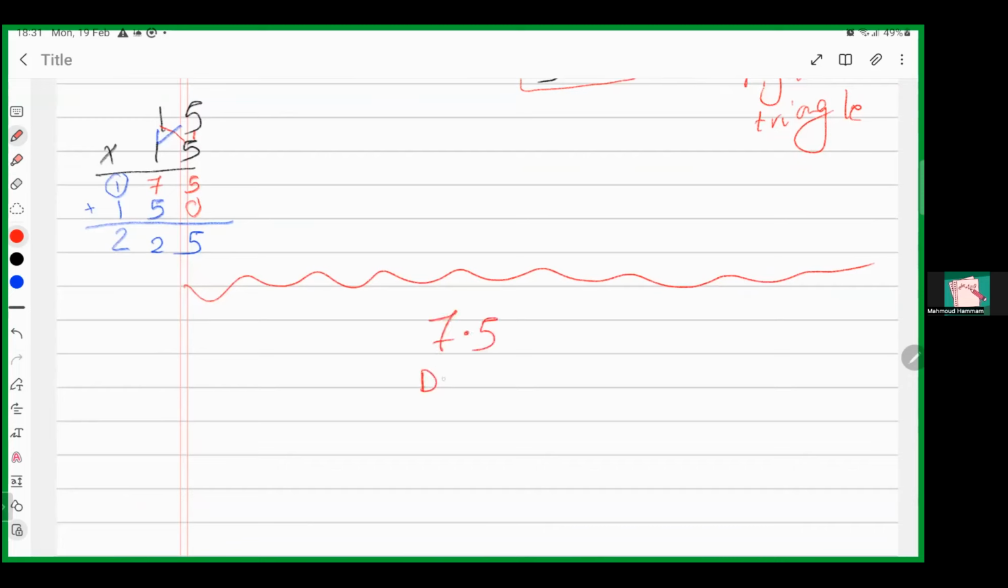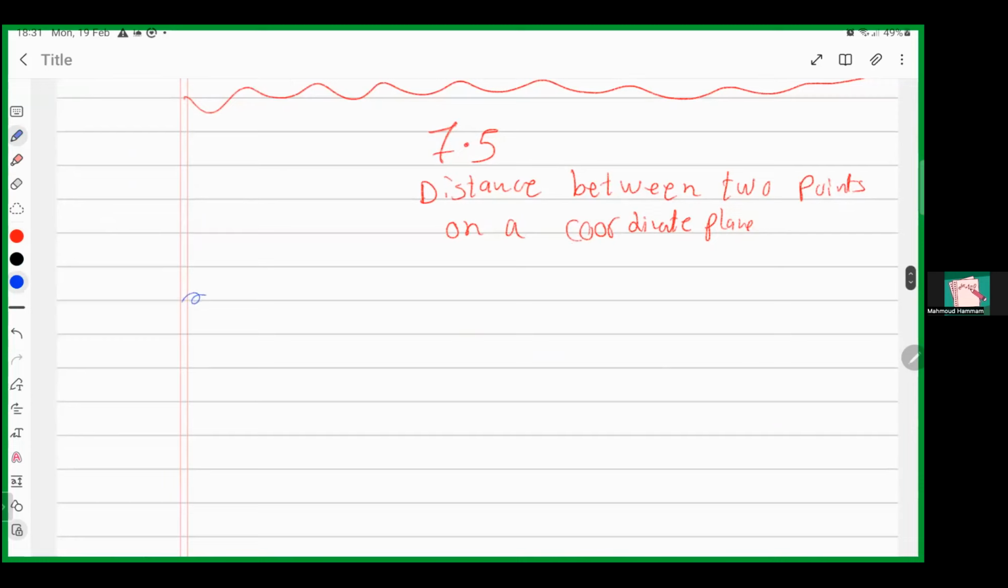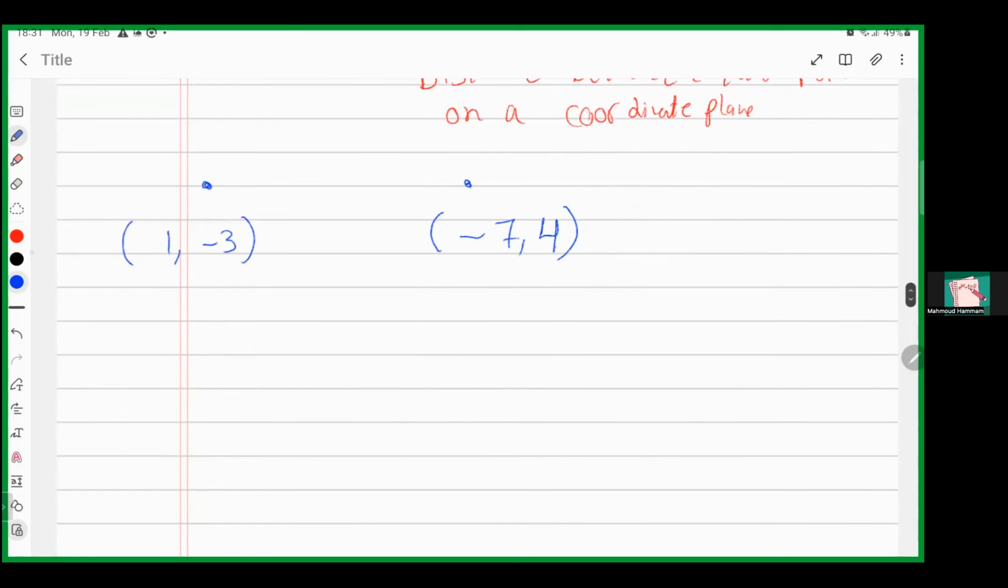7.5. Distance between 2 points on a coordinate plane. He will just give you 2 points, any 2 points, like this one, let's say 1 and -3, and the other point, let's say -7 and 4. The rule of this one is, let's say here the distance is equal to square root,